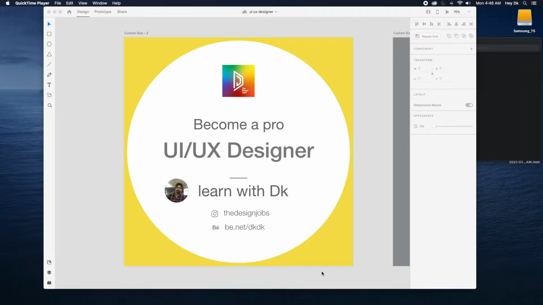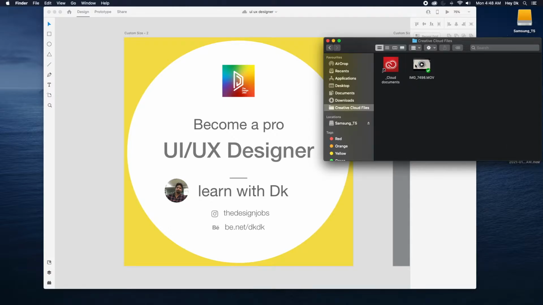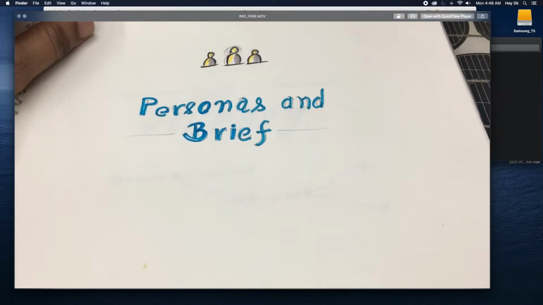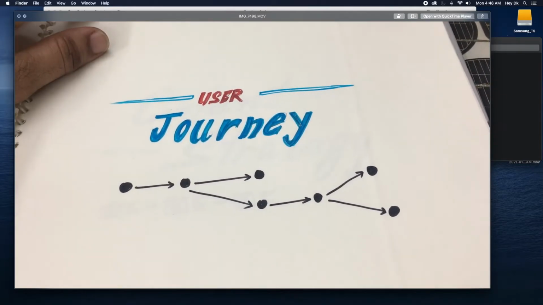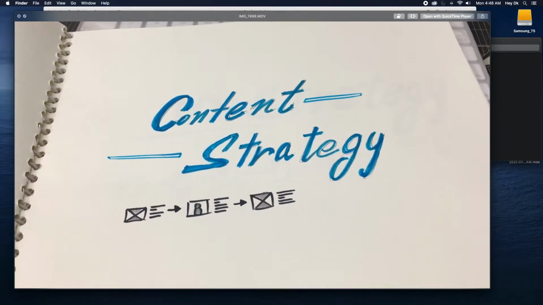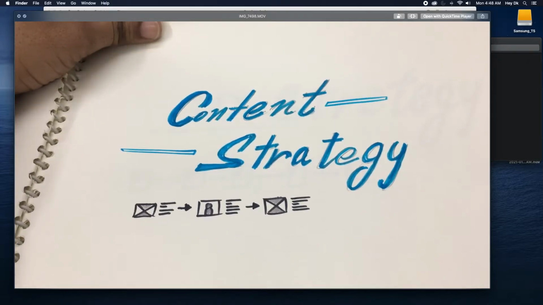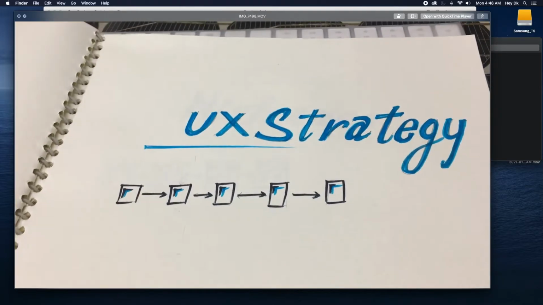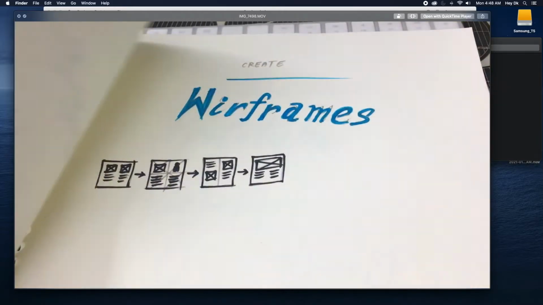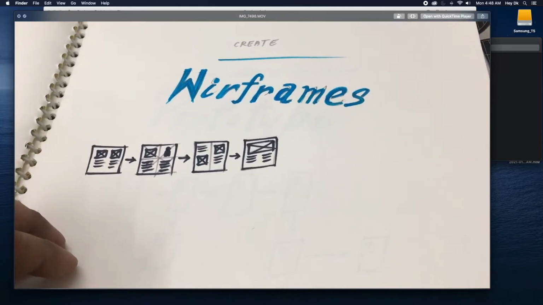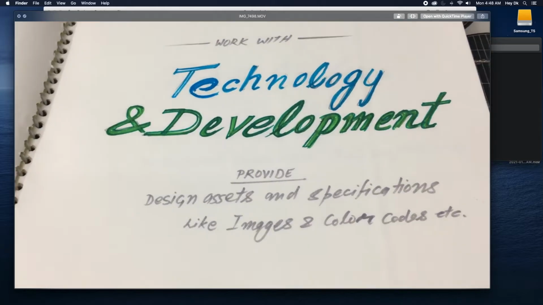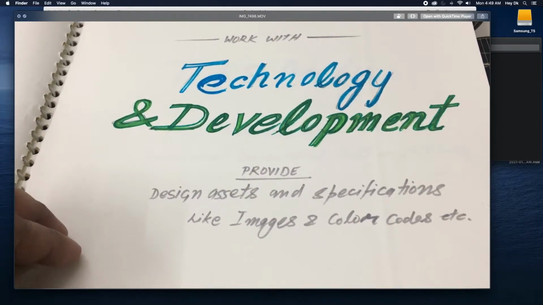I'll take you quickly through what all I'll be covering. I want to show you this quick video that I have sketched out. I'll be discussing persona and brief, the user journey maps, and content strategy, like how to come up with a content strategy. You can take the help of a content writer in that case. And UX strategy, like how you're going to connect all your users, create wireframes, low fidelity, high fidelity, then create prototypes, link all your screens, then work with technology and development teams, developers, testers,